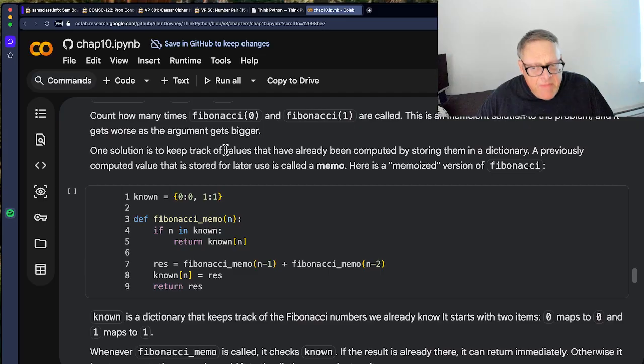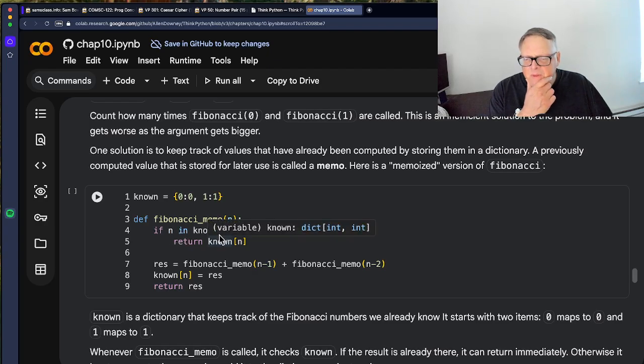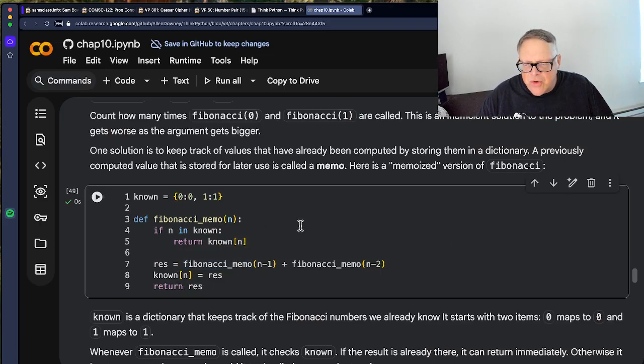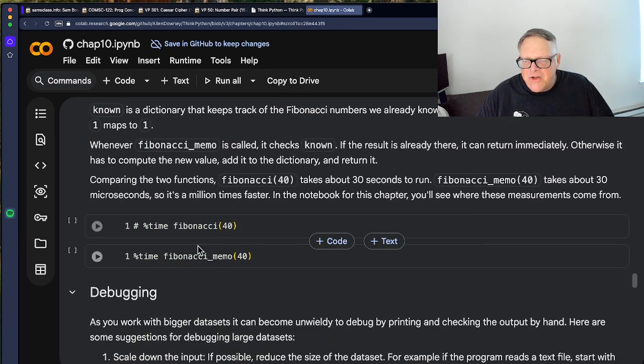So one thing that would be better would be to keep a dictionary of solved values. So now your Fibonacci looks to see if we already know, and when you're done, it puts the known one in here. So you only do each one once. That's a better solution. All right. And so now if you time Fibonacci of 40,